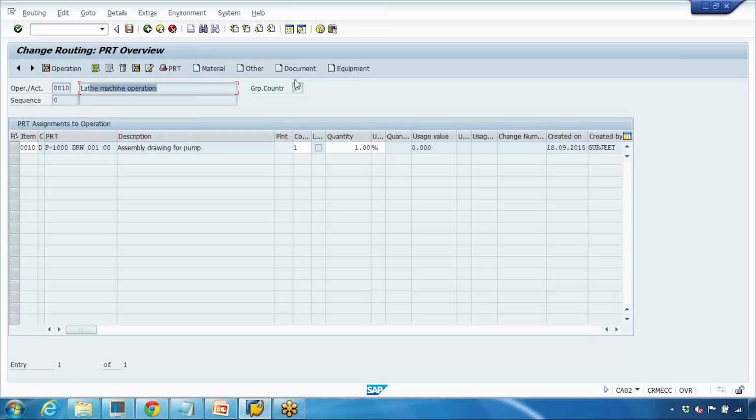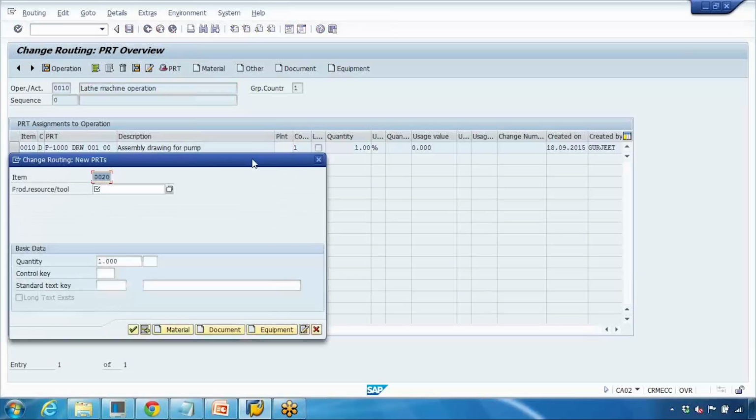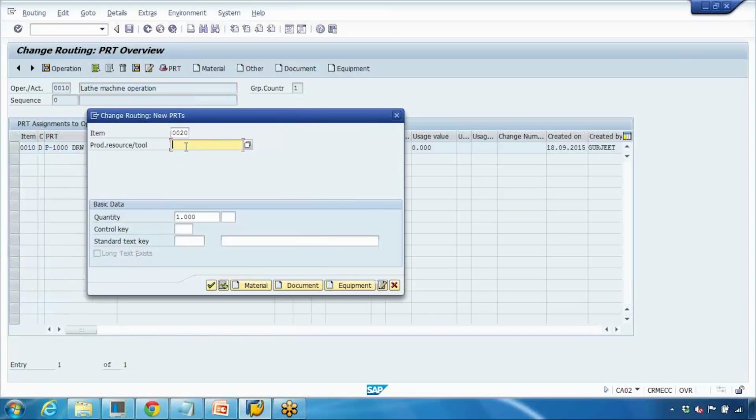Same way, like I assigned the document, same way you can assign the material, like a packaging. As I said, you can also assign miscellaneous. If I click on others, here I can assign a production resource and tool. For example, if I open this,